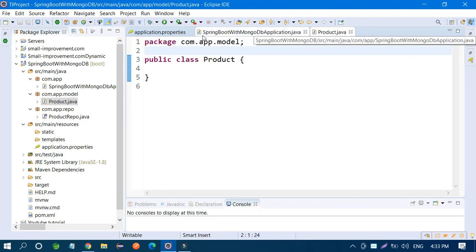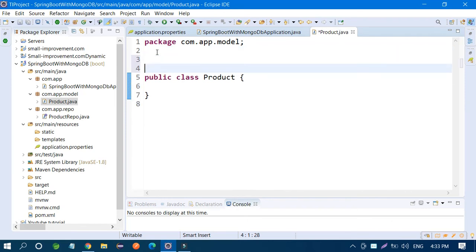The repo is completed, the properties file is also completed, and now the product you have to write.